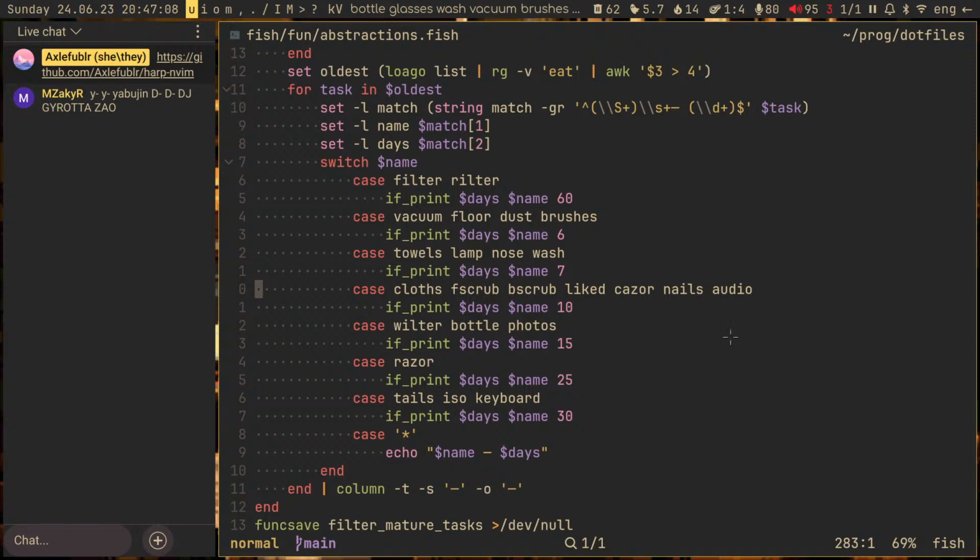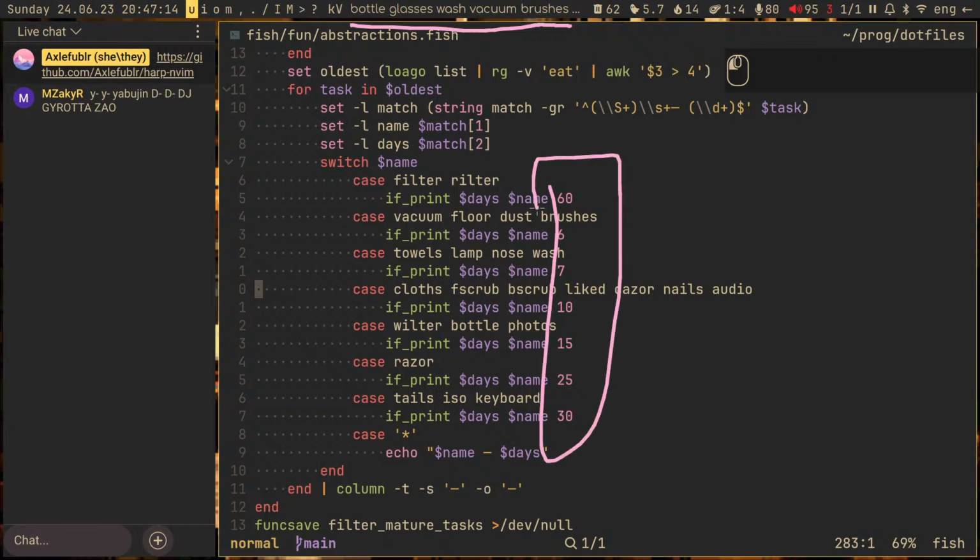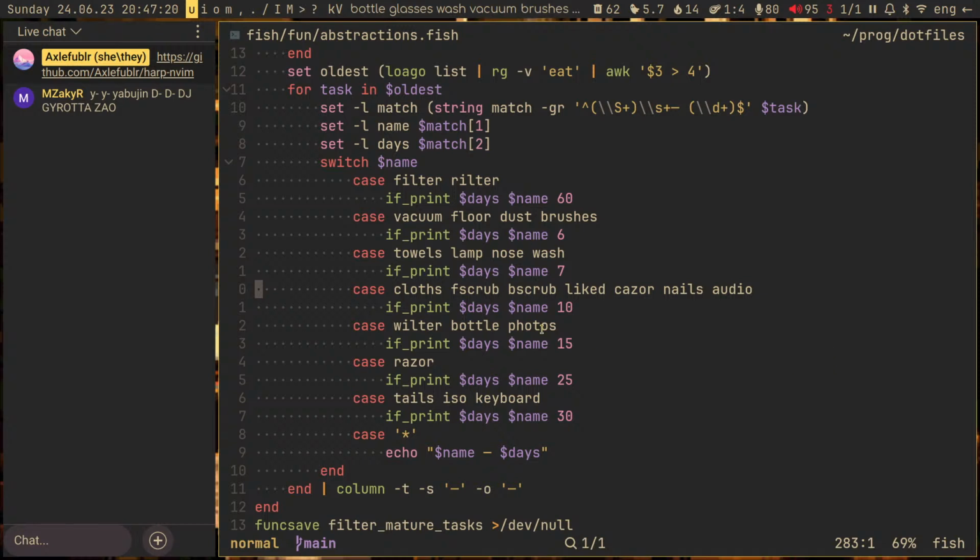That makes it so in this little place, only tasks that are at least some amount of days old appear. Basically, this is a place that I edit kind of often, and it makes a lot of sense for a global mark because I want this specific place in this file to get to it immediately from anywhere. That's the use case for global marks, and that is now the use case for